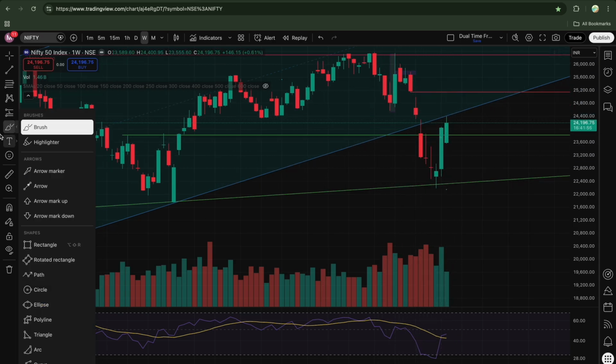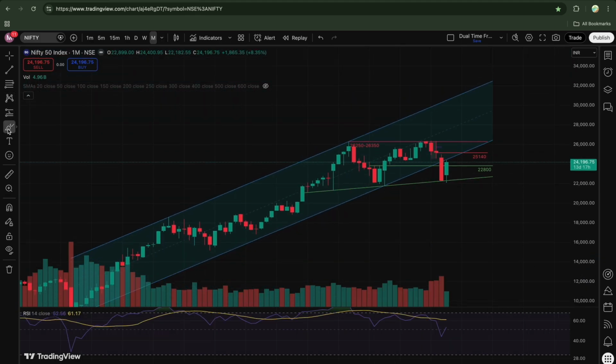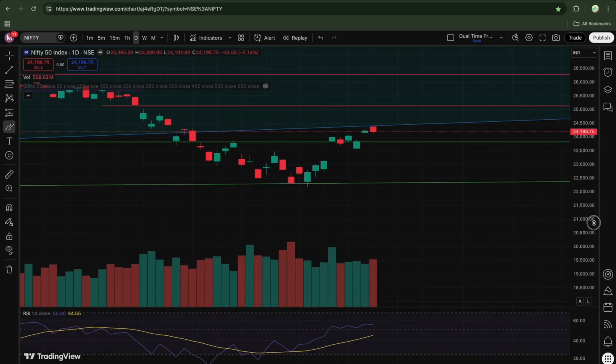Okay, so let me zoom out a little bit here. Generally the tendency of the chart is that whenever it breaks down, it tries to check back to the channel low end before continuing downwards, or maybe just consolidate here. Sometimes it may even climb inside the channel because it might be some anomaly due to which it fell down and now it just recaptured the channel. So that can also happen, but right now I am in the camp where I see some bearishness in the market,